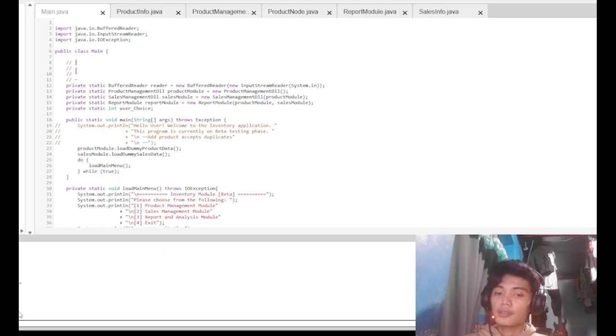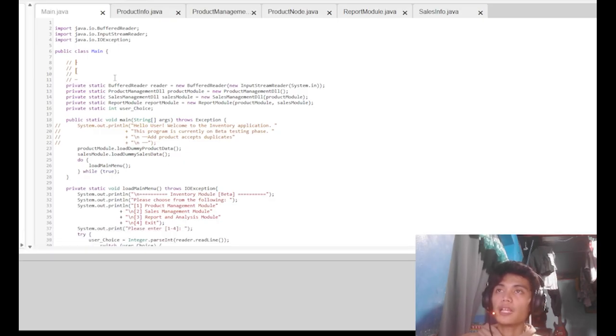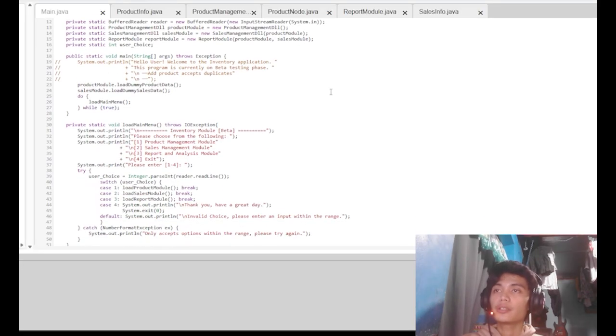When you exit, you can instantly terminate the program. Here I used three instantiations of our classes, used to pass information to each other so that they relate to one another.